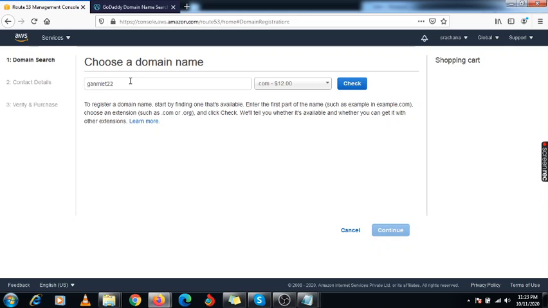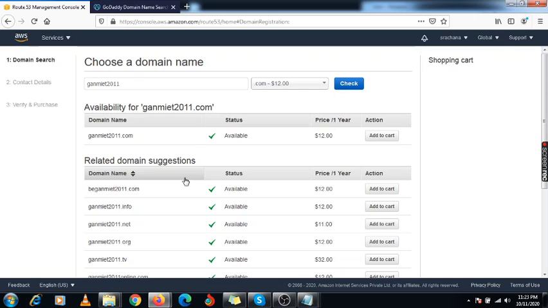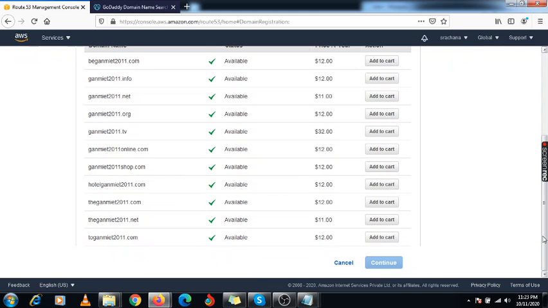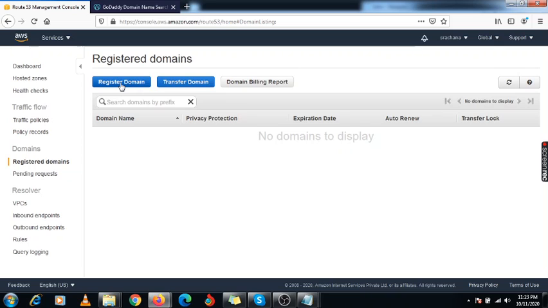I'm checking for 2011 and seeing which domains are available. So these are the domains available with their prices. Right now I am not entering any domain name or purchasing, as these all need some payment.